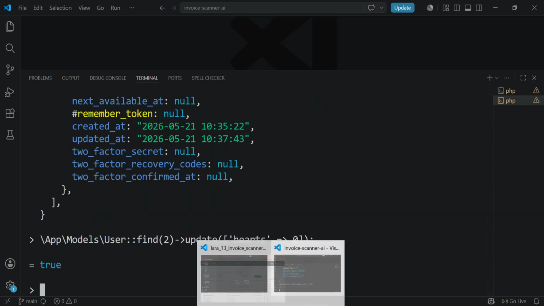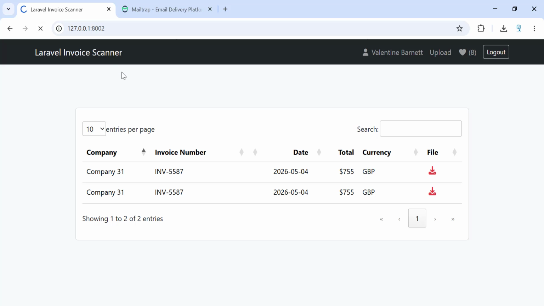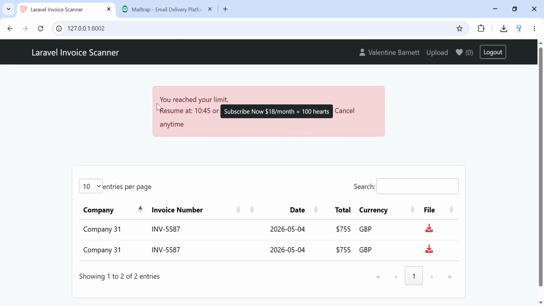Now let's go back, refresh, and now as you can see we have 0 hearts. Let's try to upload an invoice. As you can see, you reached your limit. Resume at 10:45 or subscribe now, $18 per month, and you get 100 hearts. Cancel anytime. If we click the subscription button,